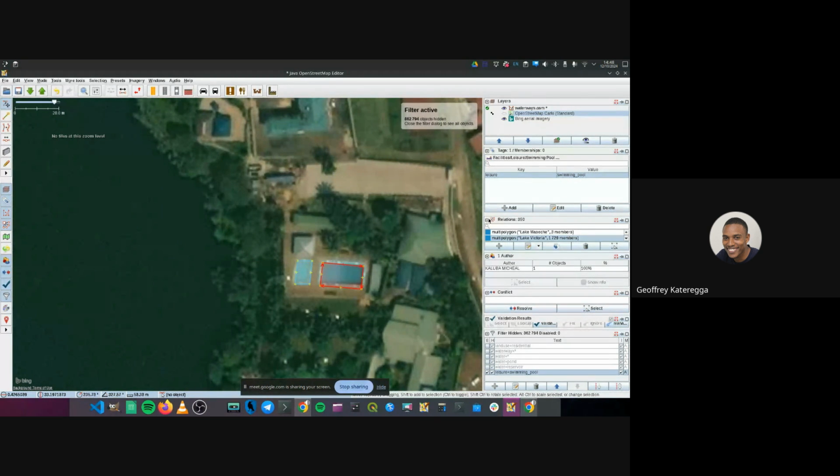And I think these are things which can be added by local editors, people who live in this area or someone who's close to the facility. If you have visited this facility, you have visited the swimming pool, you use JOSM or another tool to add these extra tags. So yeah, that's a little bit about lakes, ponds, and reservoirs, as well as swimming pools.